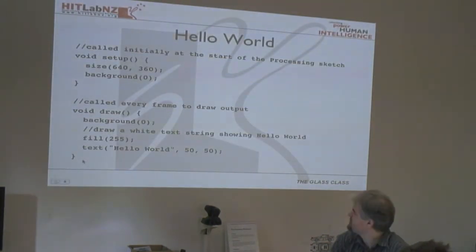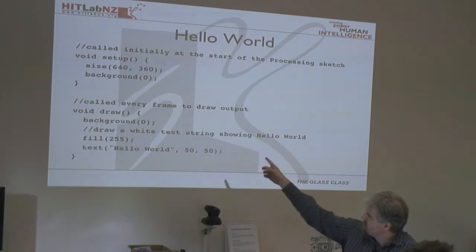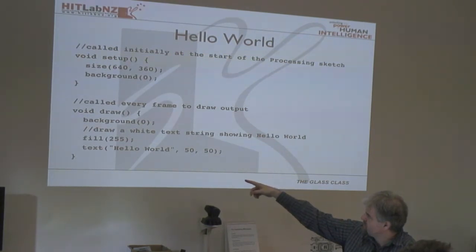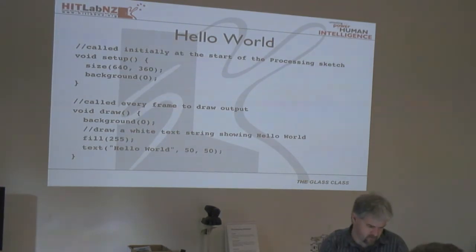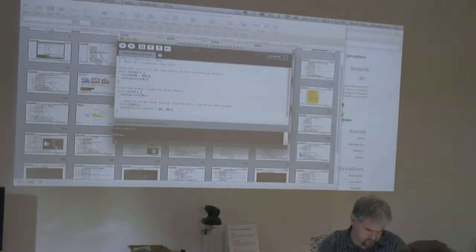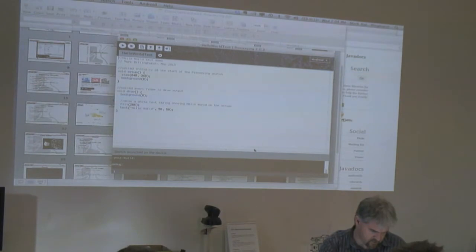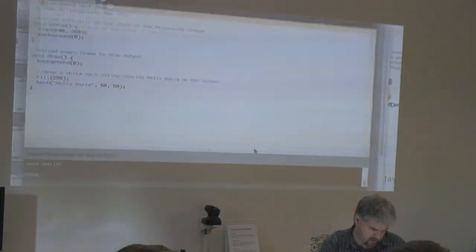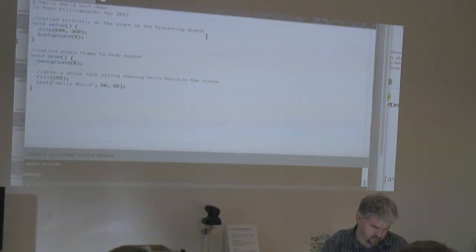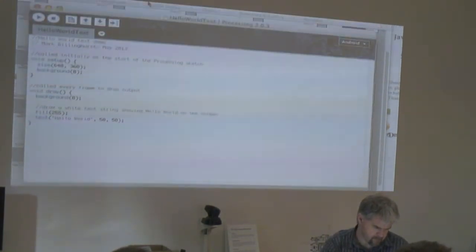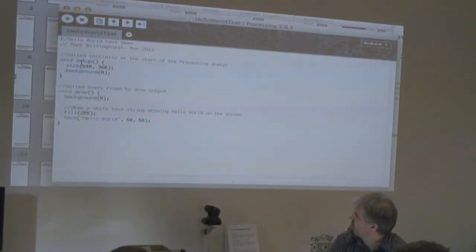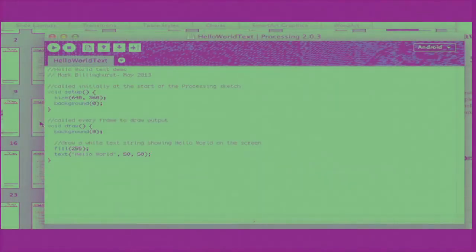First of all, one of the most basic examples is the Hello World example. In this case, all I'm going to do is set up the window, set the background to be black, create a white foreground text string, and then draw the text string on the screen. So here's the code for doing that. Let me zoom in a little bit so you can see. You can see the code here. Again, it's just got that setup function, a size that creates the window, background, a draw function, and everything like this. Now, if I zoom out again,